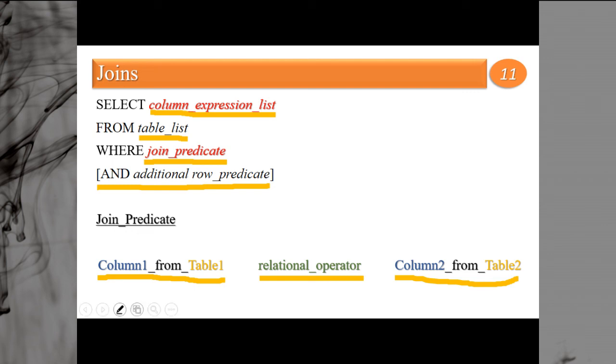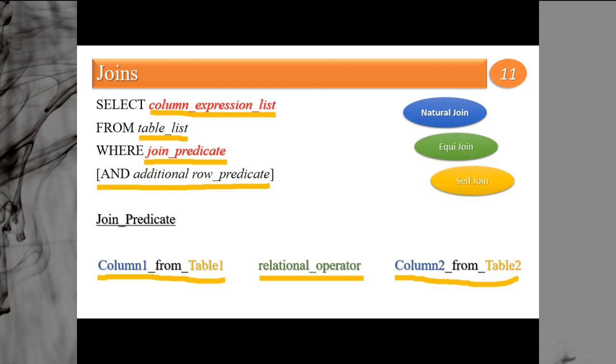If you carefully understand this particular thing, then you will be able to understand all three joins, which are natural joins, equijoins, and self joins. So how does natural join work? This is the main thing you have to know. In natural joins, the name of column 1 and column 2 will both be the same. Remember our previous examples?